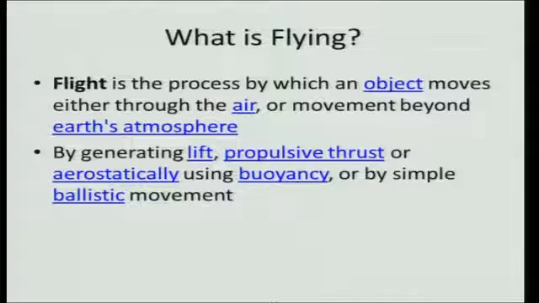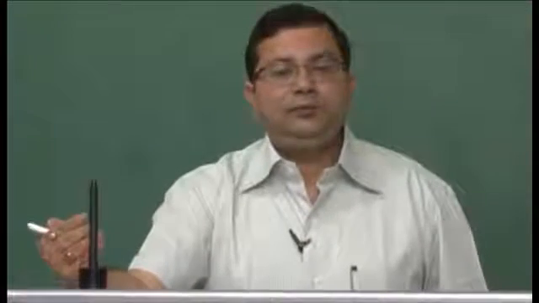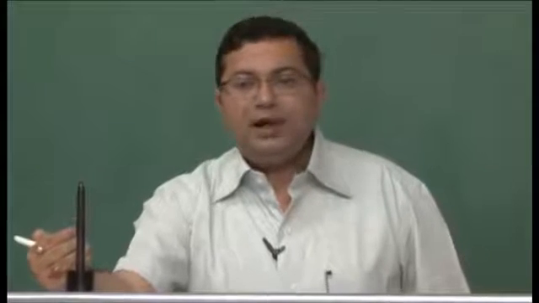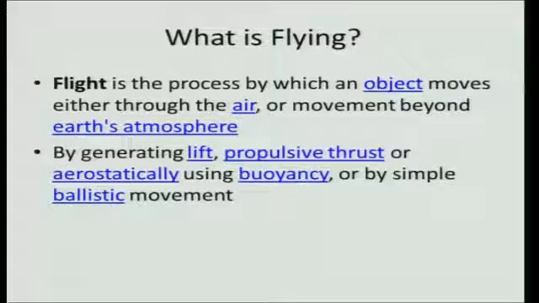Now, in order to do that, you have to generate some lift, so that it can be lifted away from the ground. So, the flight involves generation of lift, and then if you are moving particularly through atmosphere, there will be frictional forces which will try to slow you down. Now, in order to compensate for this slowing down, you need to have some propulsive device which will provide the propulsive force or forward force which will allow you to keep afloat. Therefore, the propulsive thrust is essentially a very important part of flying.